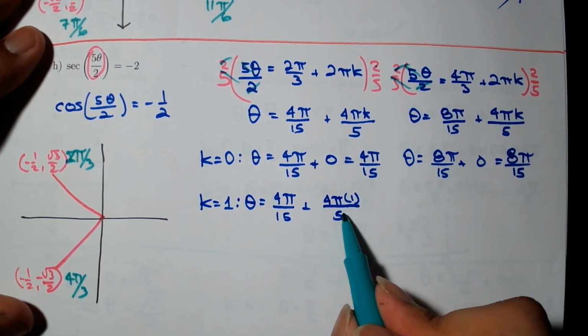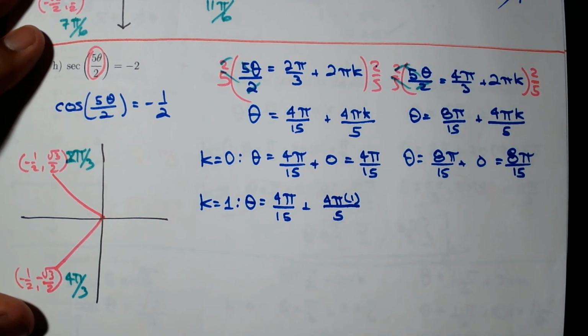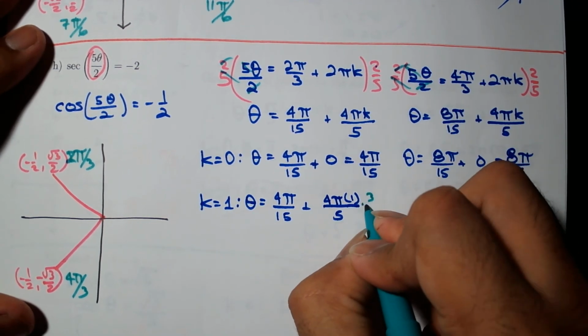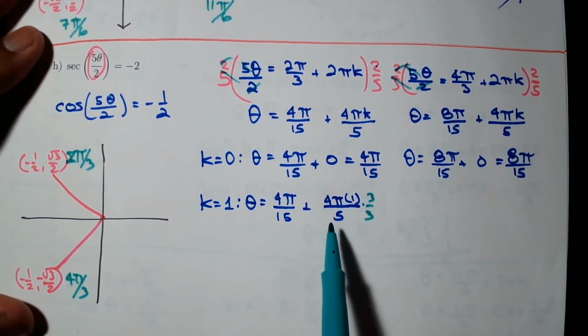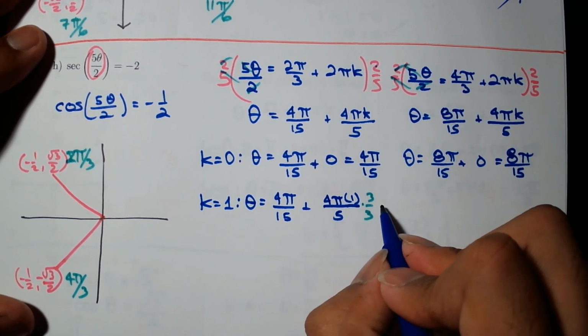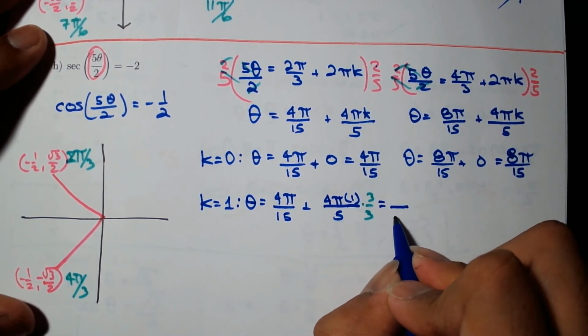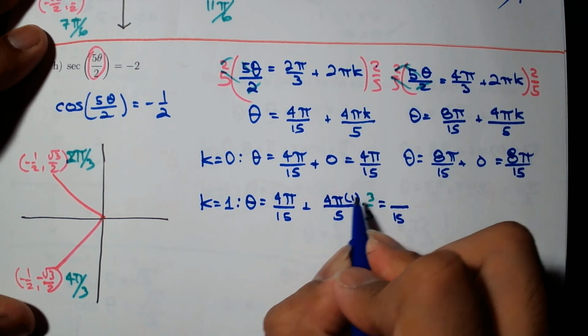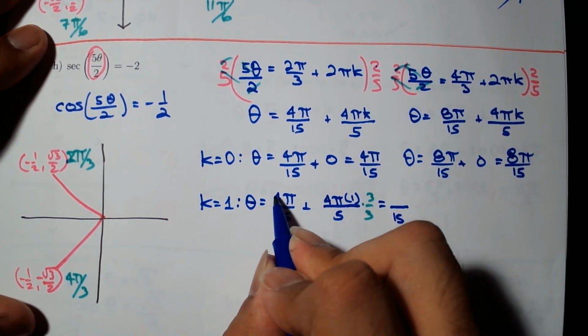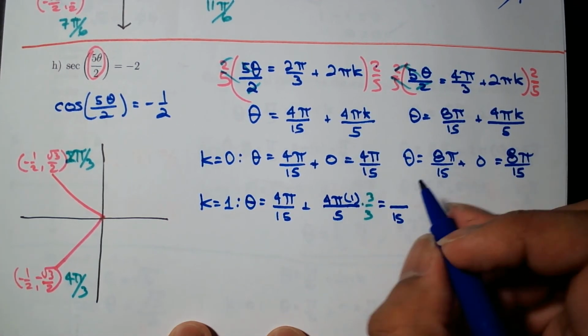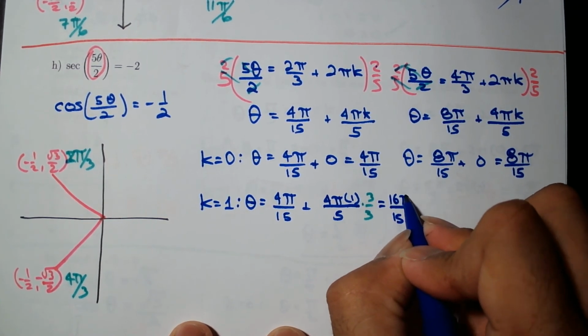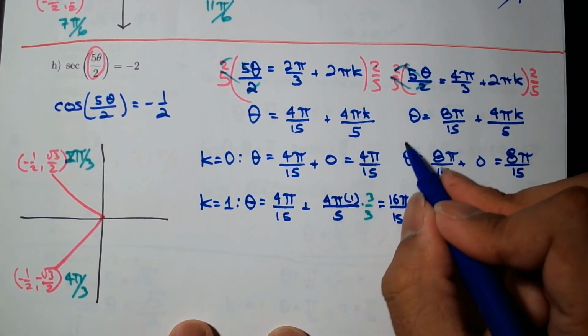And in this case, well, you want to combine these two fractions together. Well, multiply by 3, divide by 3 to have the same denominator. So our final answer right here is going to be something over 15. 3 times 4, that's 12. 12 plus 4, that's going to be 16 pi. And then over here,